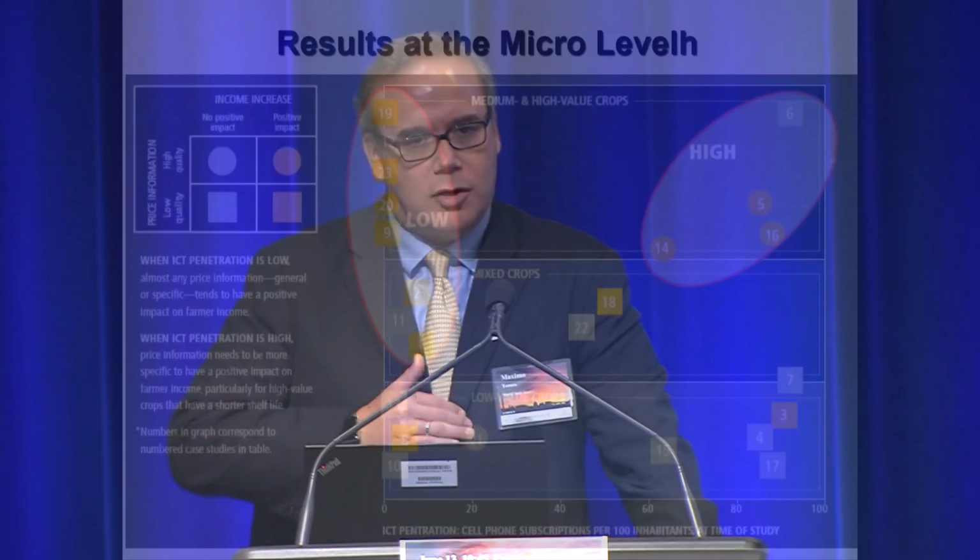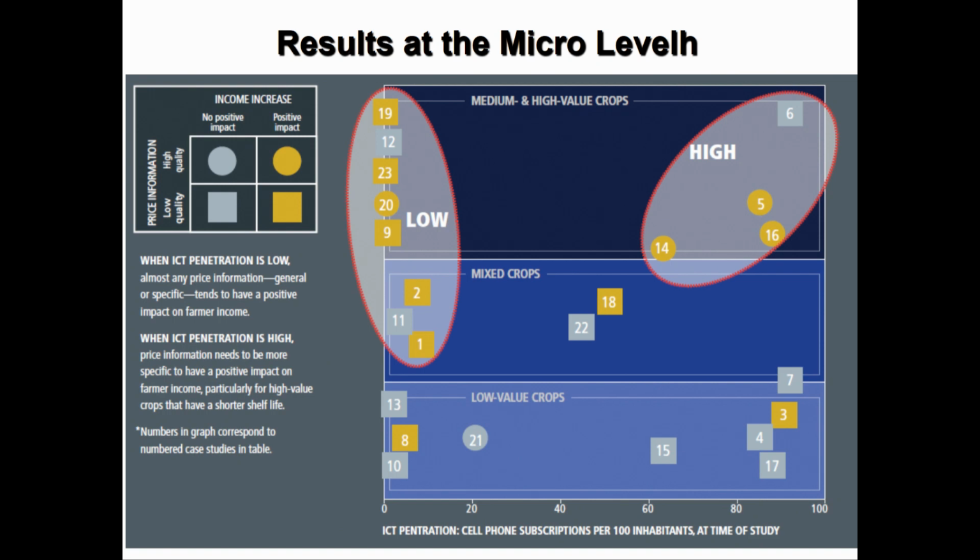But when we did a review together with Nakasone and Barminten, we found in this summary graph, basically, we split it by low value crops, mixed crops, and medium and high value crops. And the horizontal axis shows the level of penetration. The major impact happened when the penetration of cellular phones was very low. This is the famous case of the Kerala fishermen, and also many of the papers at the beginning, when the penetration of cellular phones was very low because the asymmetry of information was huge, and therefore they could make a difference.